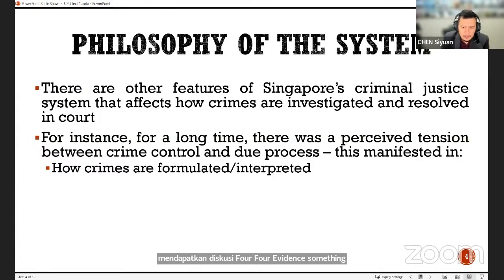So I mentioned earlier that much of our criminal law has been inherited from India, and the Indian Penal Code was written, I believe, sometime in the 1800s. So you're looking at almost 200 years ago. 200 years ago, civilization was quite different, right? Whether it's in India or in Singapore or anywhere in the world for that matter. And I would say generally 200 years ago, laws were stricter, okay?